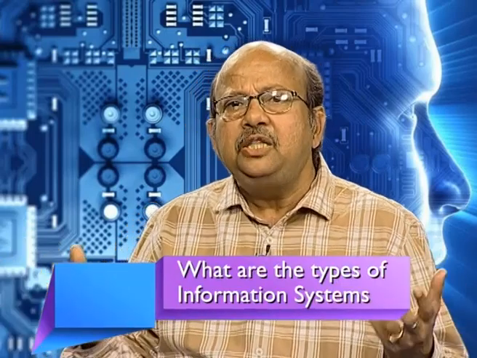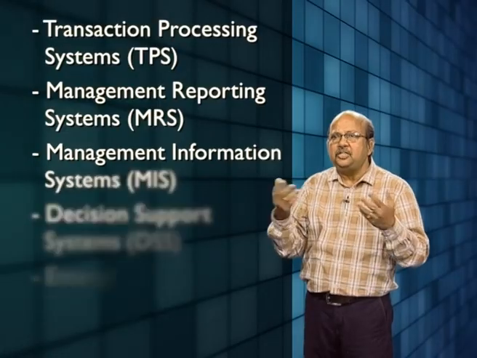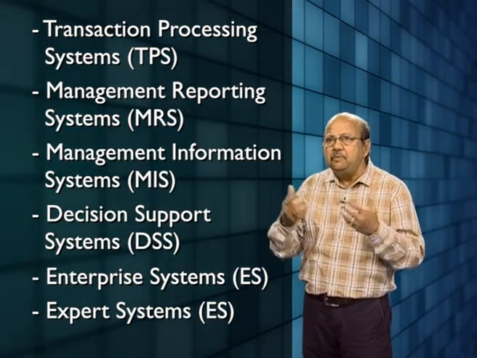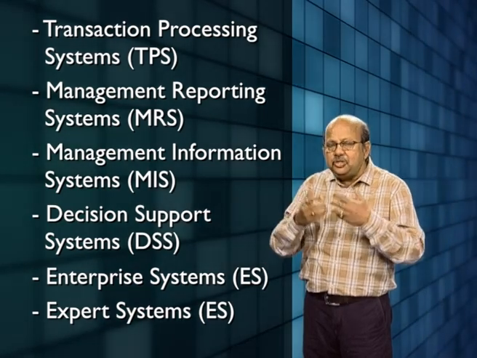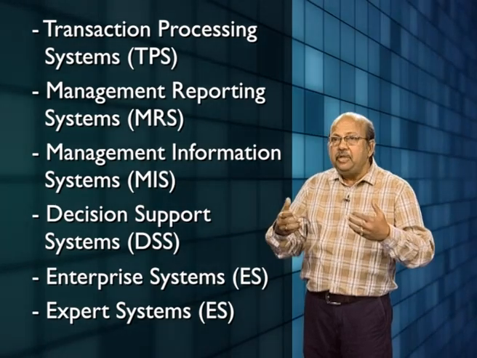Let us understand what the types of information systems are. Based on various parameters, we will try to understand several information systems. For example, transaction processing system, management reporting system, management information system, decision support system, enterprise system, expert system. Even in decision support system, we have different types of information system. In enterprise system, we will cover enterprise resource planning, knowledge management system, supply chain management system, and then we will